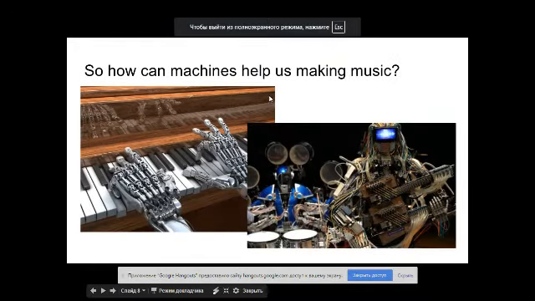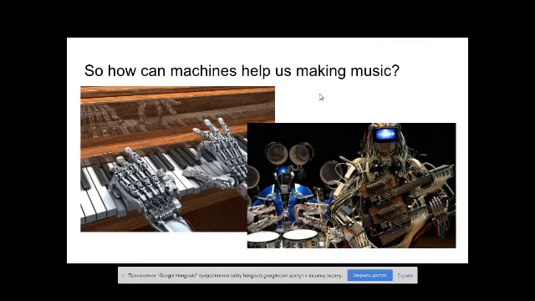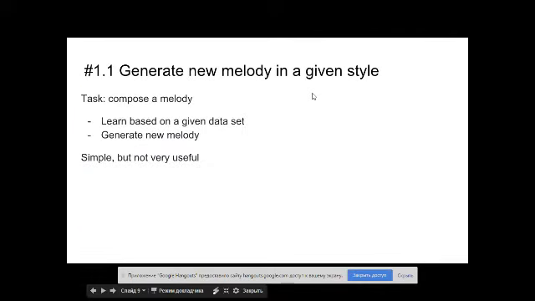So what are the tasks that I see for machine learning here? So the first and the simplest task that you probably already thought of is the generation of new melody. So just one voice, just simple melody.